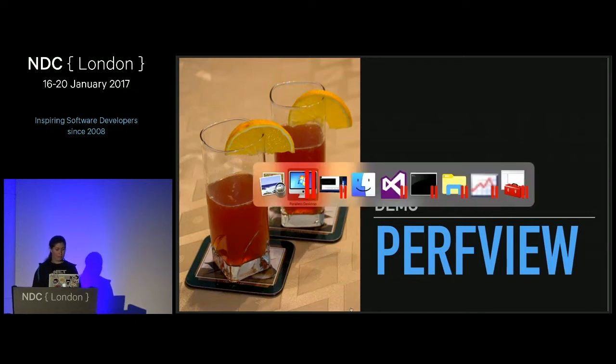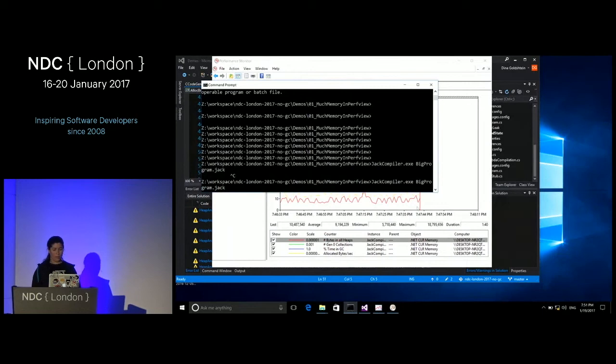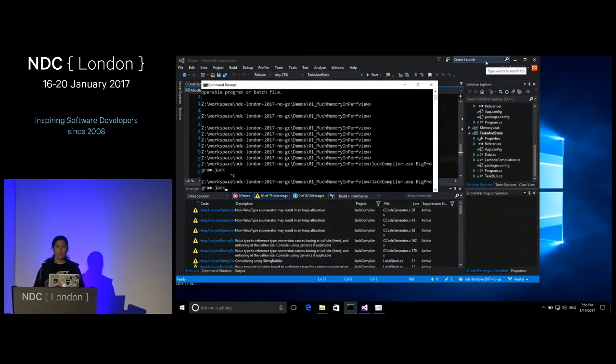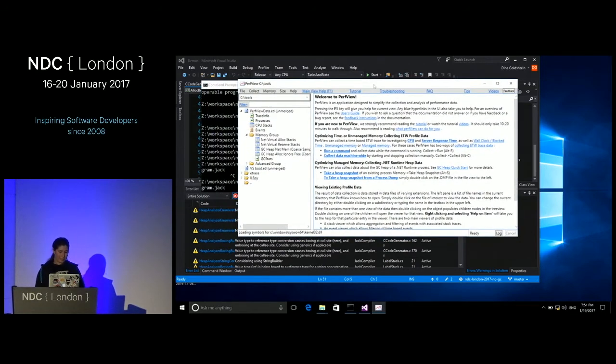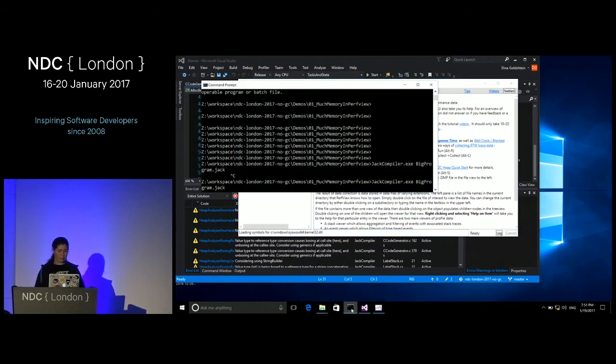This time, I'm going to use a different tool called PerfView. It's not built inside Windows, but it is freely available from the Microsoft website. And in fact, it recently became open source, so you can totally use it, enhance it, whatever you want. And this is, although not very visually appealing, a very good functional UI for both collecting and later analyzing these ETW logs. So if I start my application again,